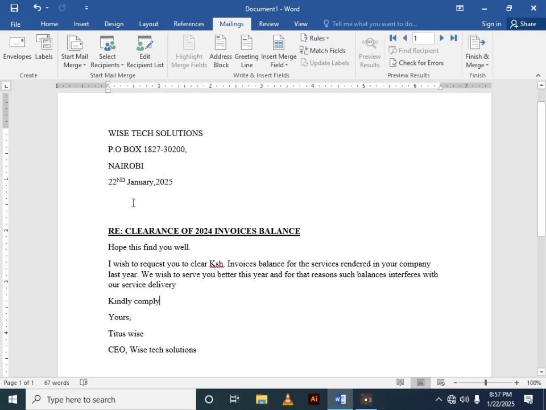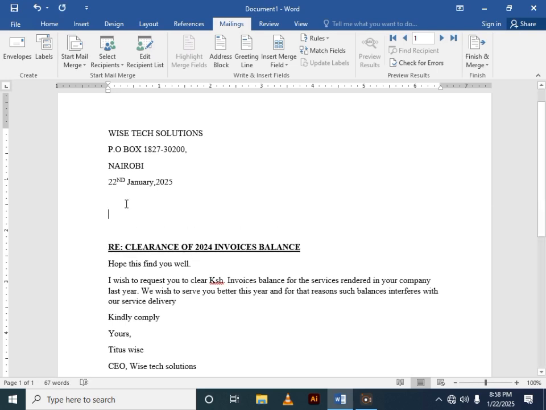Now the first thing that I want to bring here is the address block. So I click between my sender address. This is my sender address, and then this is the reference or the reason. Now in between these two, you have got the blank space for adding the recipient address. Now let me add the recipient address. I click on